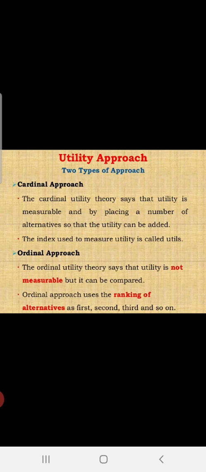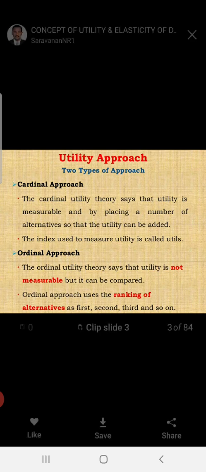Actually in real life you cannot quantify it in a number, right? But here we assume that it can be quantified. The cardinal utility theory said that utility is measurable, and placing the number alternative so that the utility can be added. Means here you can say that those things can be quantified in numbers are called cardinal measurement,